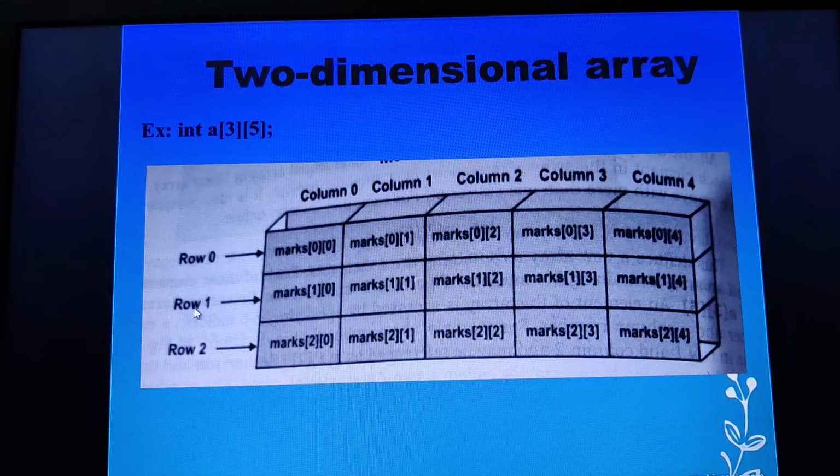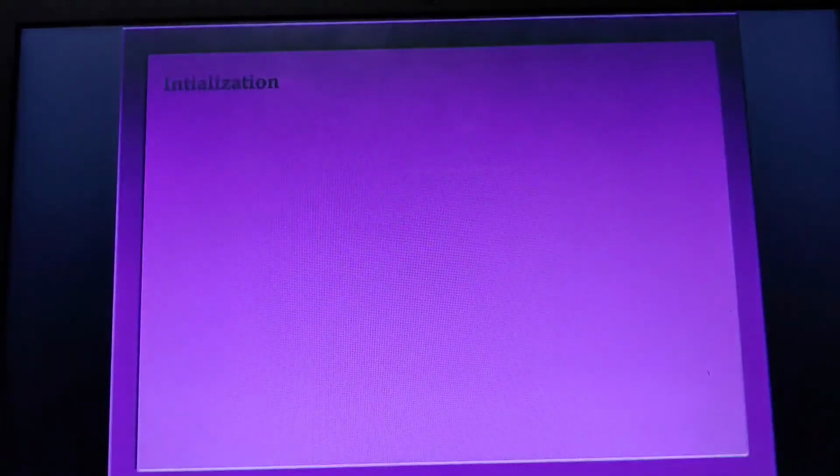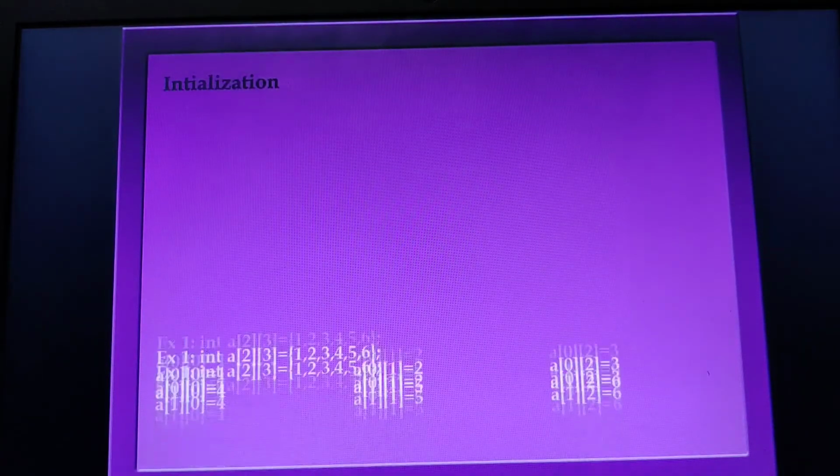So this is referred to as row of 1, 0, 1, 1. So 1, 2, that is 1, 3 and 1, 4. Similarly here, when we are pointing to the third row, the row remains static and we are changing column-wise. I hope you are able to understand how we have given the numbers or the positions for this particular two-dimensional array.